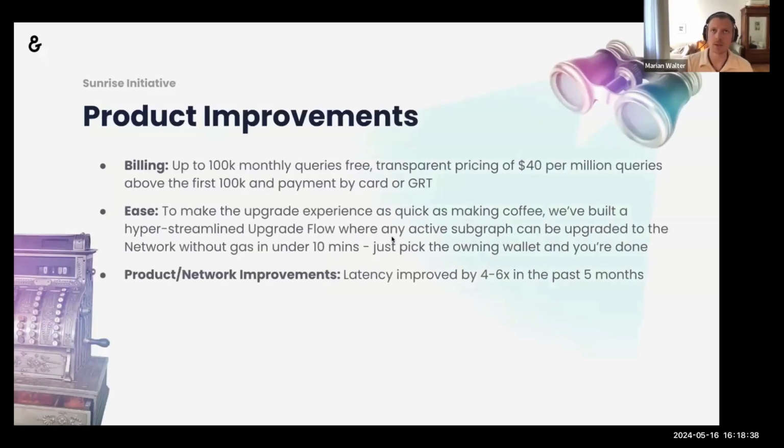I already mentioned, zooming out, there's a lot of work going into the Sunrise to make this a success from different parts of the team and of course from the overall ecosystem as well. I've already mentioned that we streamlined billing. The ability to pay either in GRT but also just with credit card was a feature that was very much requested by a lot of our users, and we are really happy to have this ready for the Sunrise. This comes with the new transparent pricing of $40 per million queries above the. Sorry,